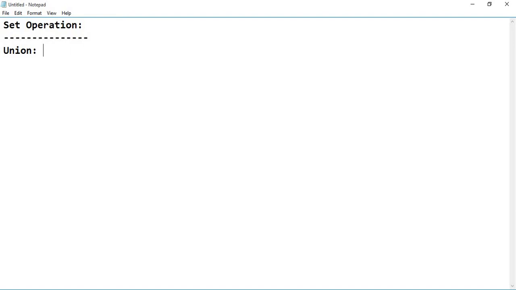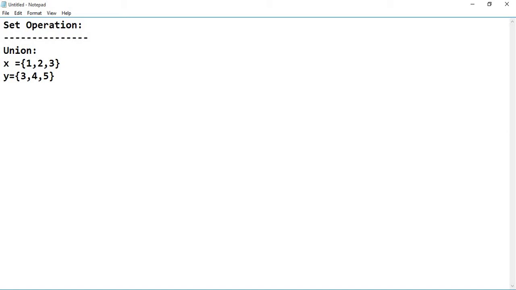Let's suppose we have a set x equals 1, 2, 3, and we have y equals 3, 4, 5. If we apply union here, then we have two ways.